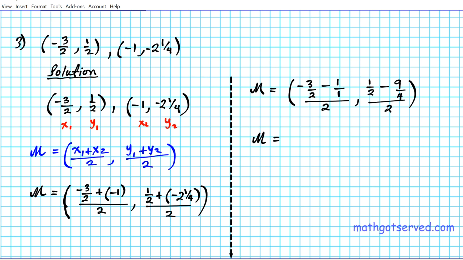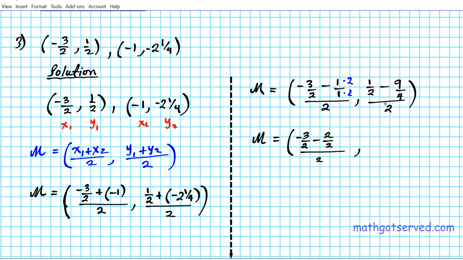Well, this is why most people have issues with fractions, because you can't just simply subtract and add fractions. The denominators must be equal to what? The LCD. So the LCD of 1 and 2 is 2. So we need to change this into an equivalent fraction with 2 in the denominator position. So we multiply the numerator and denominator by 2. So we have -3/2 minus 2/2. Now we can combine these two fractions, okay? That divided by 2,